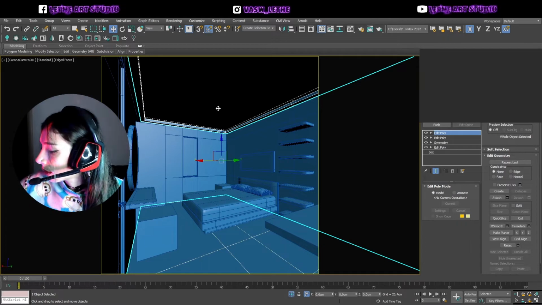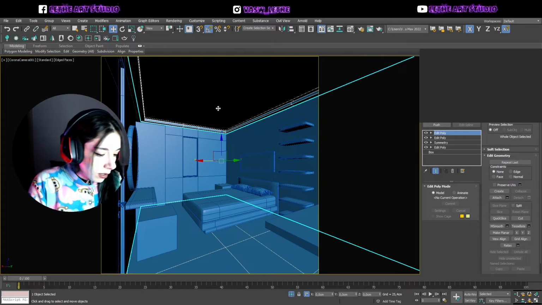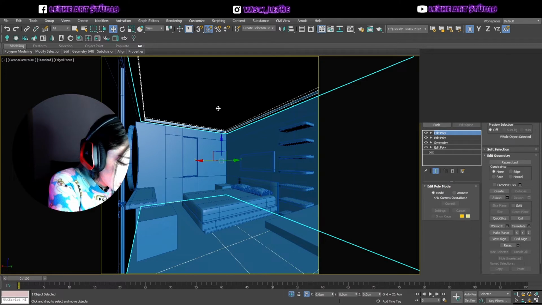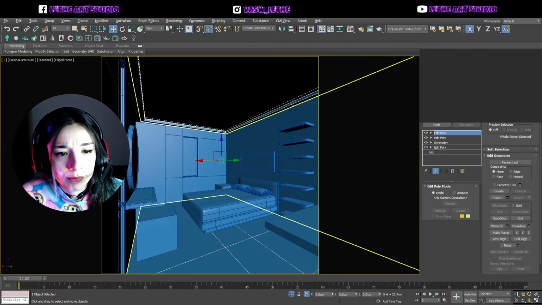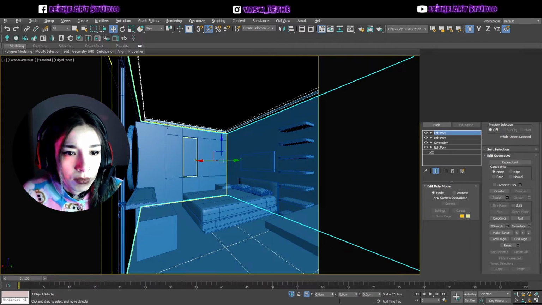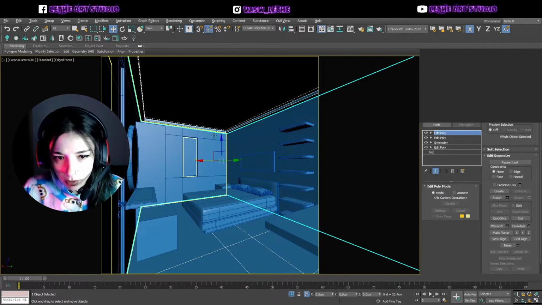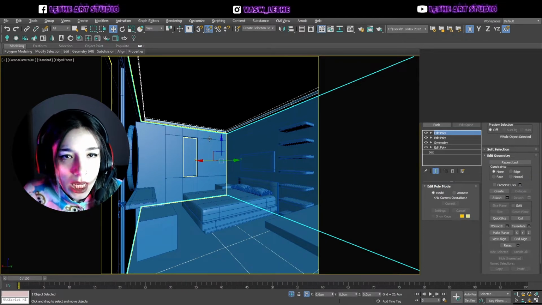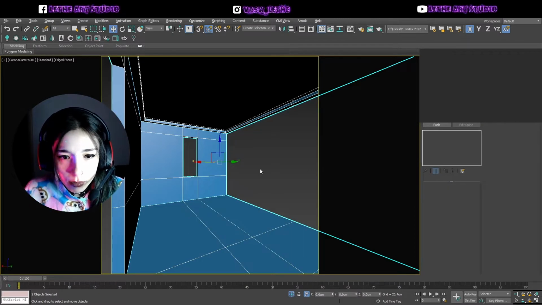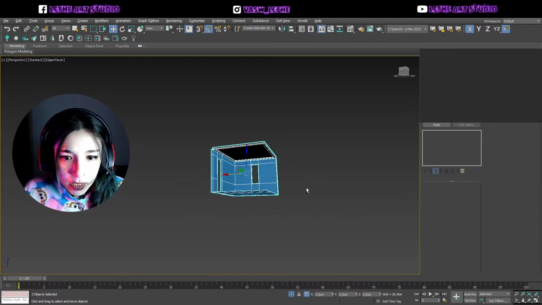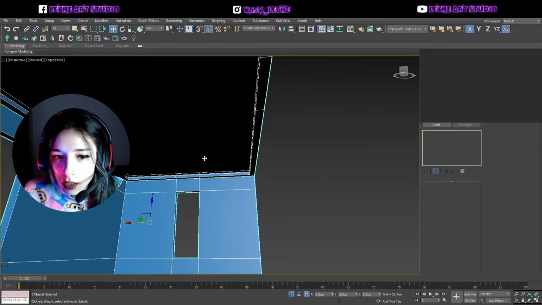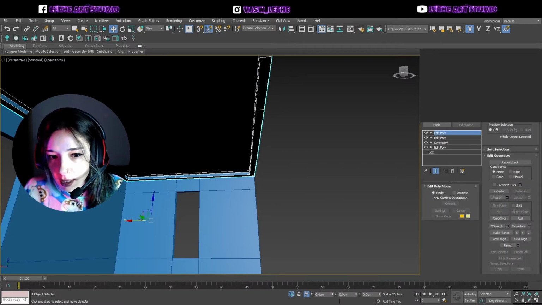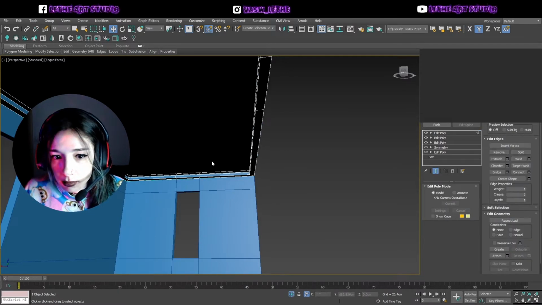I have to check what we have done so far. We've done the door and the window. We're going to go for the ceiling, because this detail is not necessary to go for the hidden ceiling lighting. So we isolate these, and we can grab that, edit this poly, and